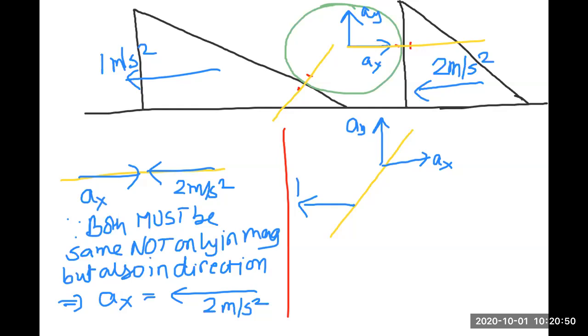Please notice that this step and this step, step on the right, step on the left, are absolutely the same, except for the fact that in the step on the left, I am very lucky that all the vectors are lying along the line. तो मेरे को कोई दिक्कत नहीं है, लेकिन जब मैंने राइट वाला डायग्राम बनाया, उसमें अनफॉर्चुनेटली जो एक्सेलरेशन वेक्टर्स हैं वो अलोंग द लाइन नहीं है। कोई प्रॉब्लम नहीं, मैं निकालूंगा कंपोनेंट।